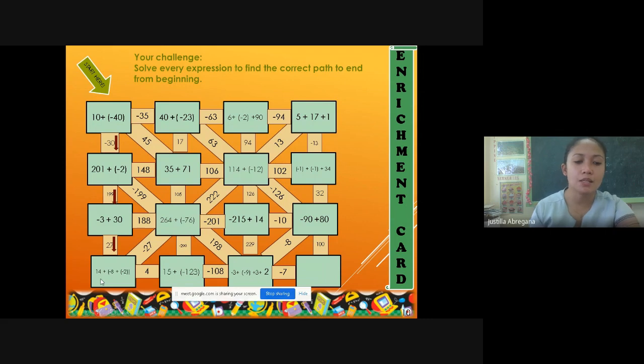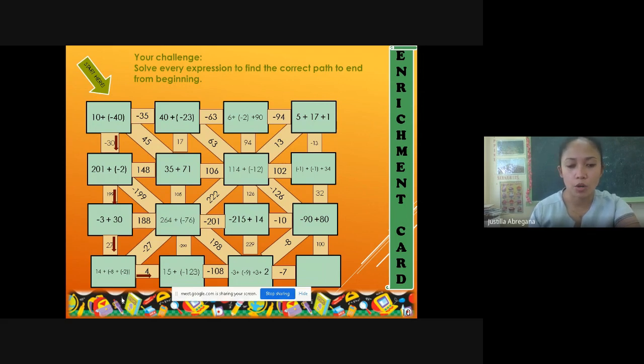14 plus negative 8 plus negative 2. We have here negative 8 and negative 2 enclosed with a parenthesis. Meaning we will simplify first negative 8 and negative 2. Notice that negative 8 and negative 2 are all negative numbers. So that is negative 10. Negative 10 plus 14, different signed numbers. So the answer is